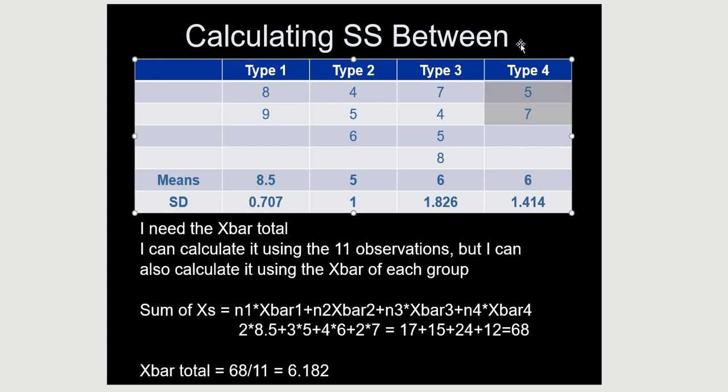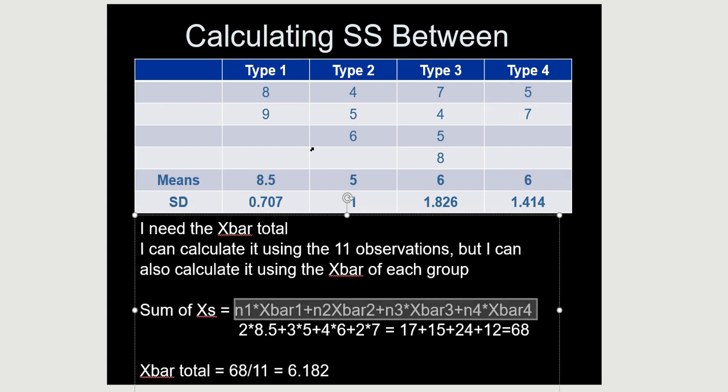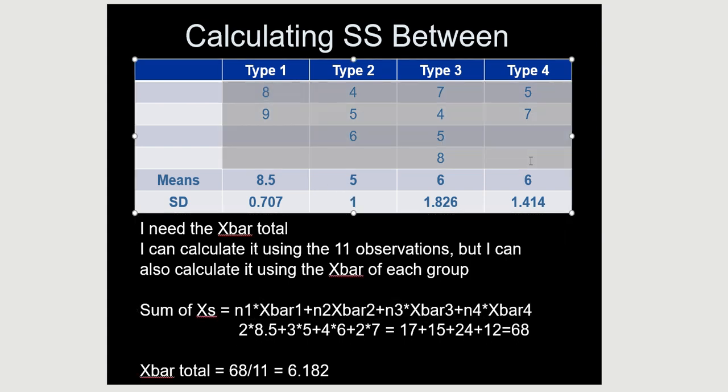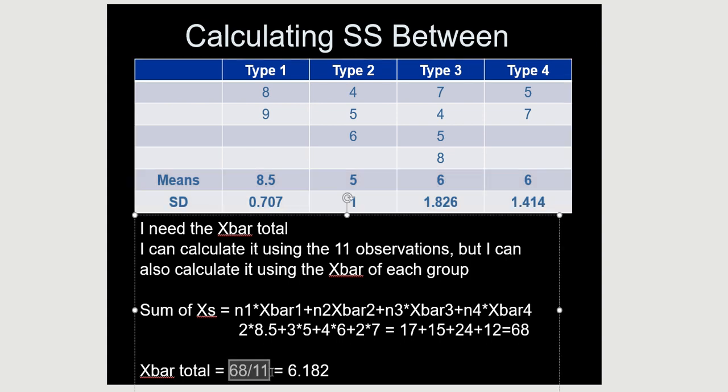بيعطيكم the total of group 4. And then you divide by 11. So that's what I'm doing here. Why am I doing it this way? لأنه you might not always have the actual values. يعني ممكن يكون عندكم situation ما عندكم هون عندكم بس means with standard deviation. You can still get to the average of the averages. So 68 divided by 11 is